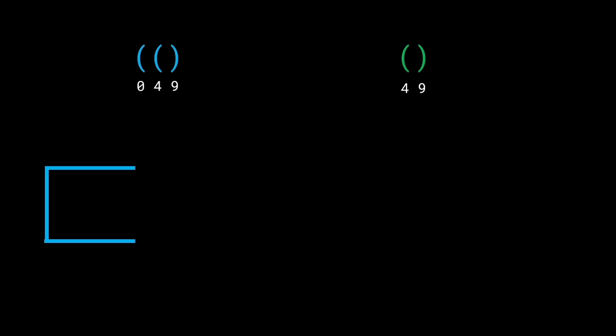And now we have an empty stack with us. So what we'll do is we'll go ahead and start to iterate from the left to the right. So first we'll go ahead and look at the element 0. All right, so element at the index 0 is an opening bracket. So we're going to add it directly onto the stack. No questions asked. Then we move on and we iterate further and we find another opening bracket at the index